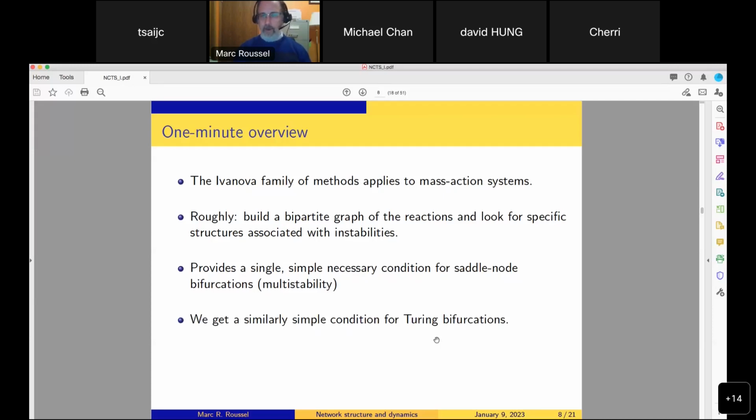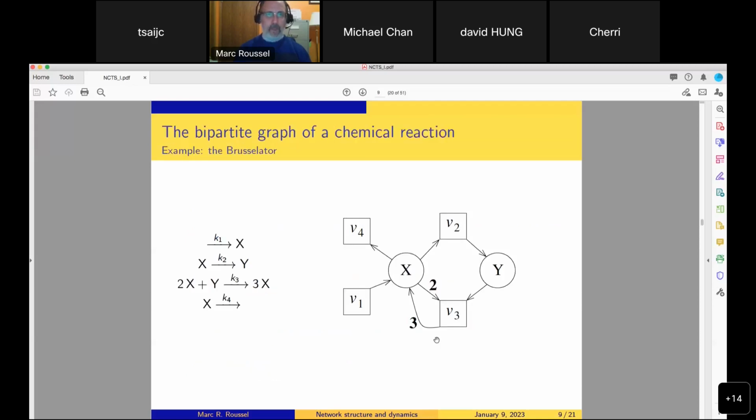We get a similarly simple condition for Turing bifurcations. The case of Andronov-Hopf bifurcations leading to oscillations is a little more complicated. There are two cases. One is simple, and I'll talk about this one, and the other I will mention, but it's much more complex and difficult to apply, and at the moment we don't have software that does it yet. At some point, we'll have to develop some software for that. Okay, so this